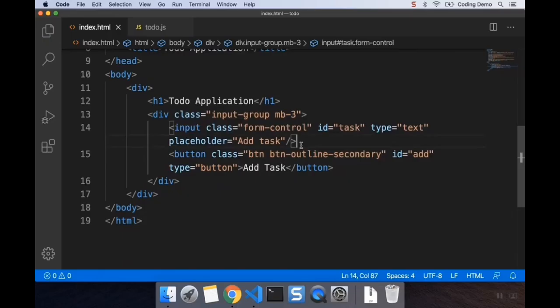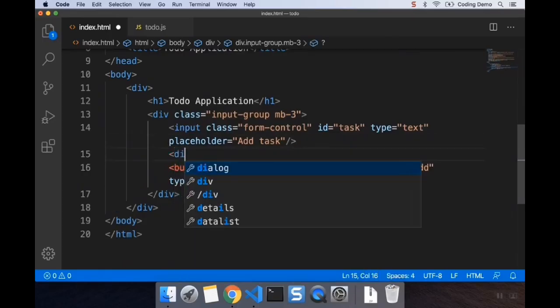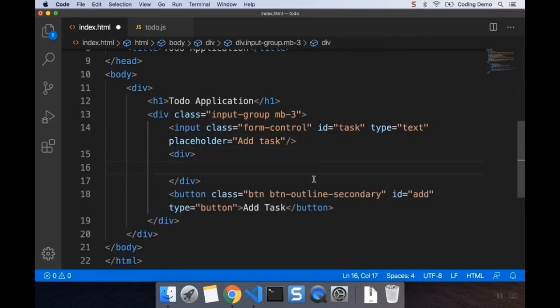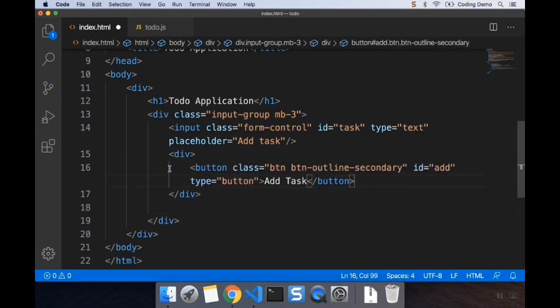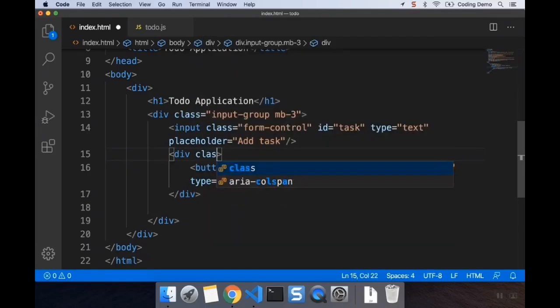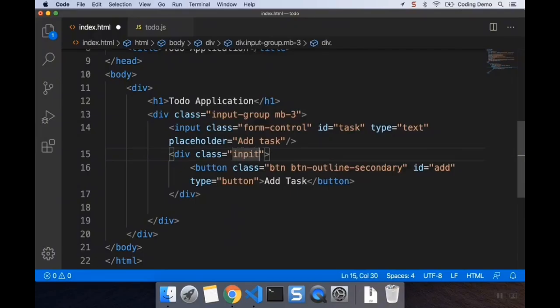Alright, so what I want to do is add this button into a different div so that I can make sure that the input element is adjacent to the button element. So I'll add a class of input-group-append,